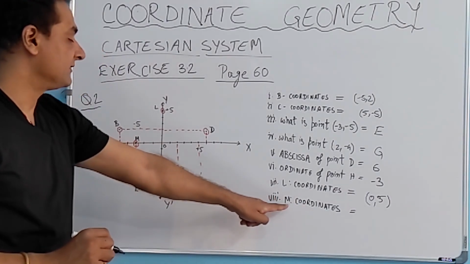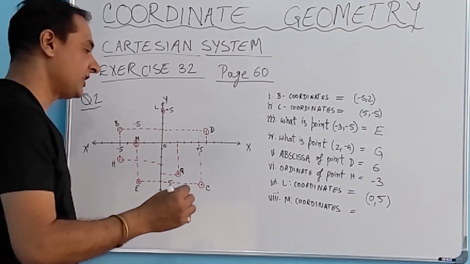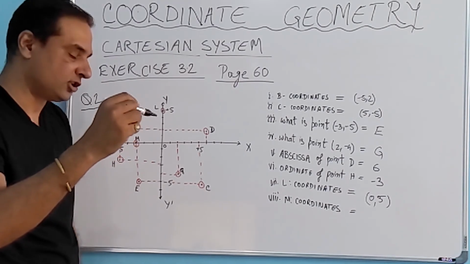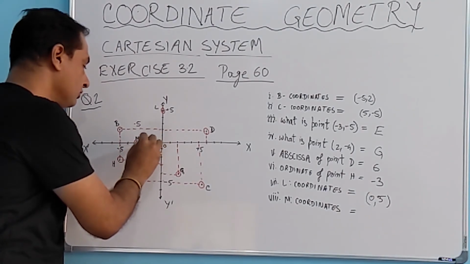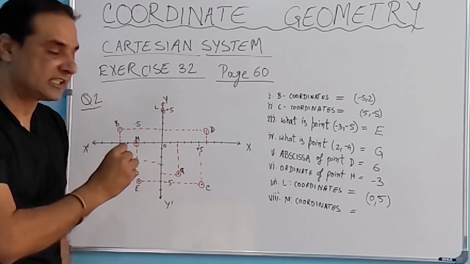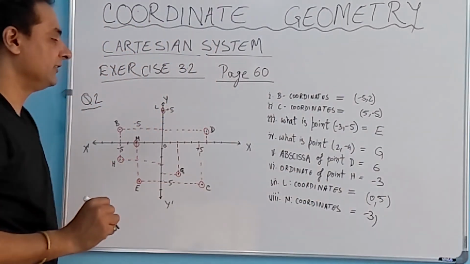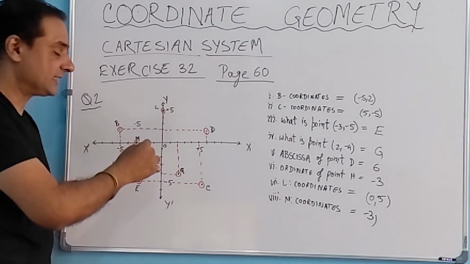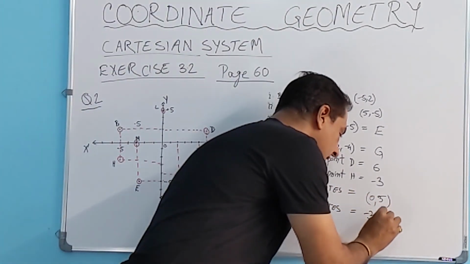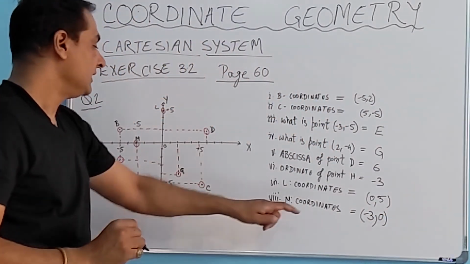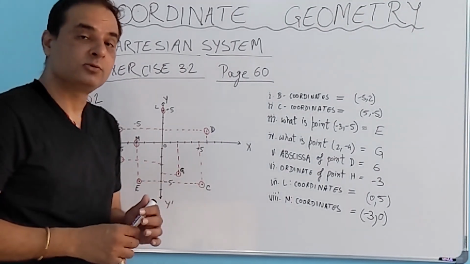Now we need to find the coordinates for point M. Let's locate where point M is. It's here. How do we write coordinates? Again, x coordinate comma y coordinate. The x coordinate for M is 1, 2, 3. So it's 3, but since it is in the negative direction, it has to be negative 3. We put a comma and then find the y coordinate. The perpendicular distance from the x axis: since it is on the x axis, the distance is 0. So we write that as 0 and put it in a bracket. So the coordinates for point M are minus 3, 0. This completes our question number 2 from exercise 3.2.